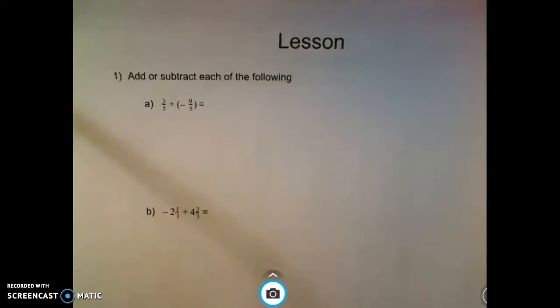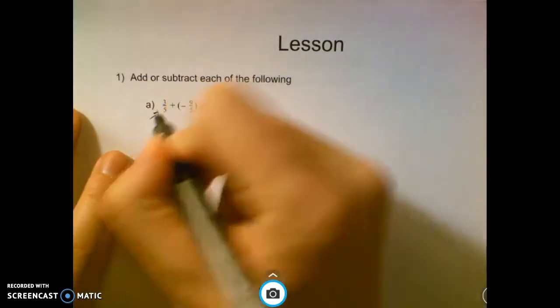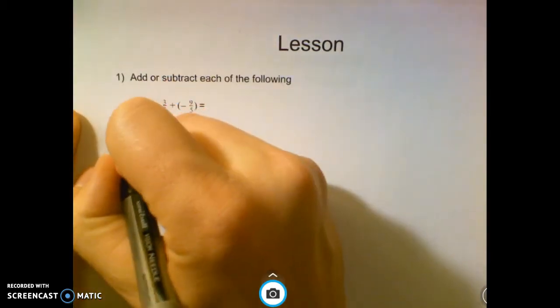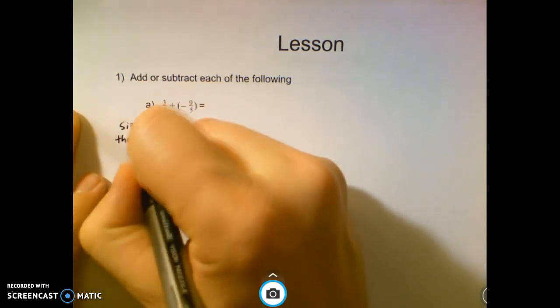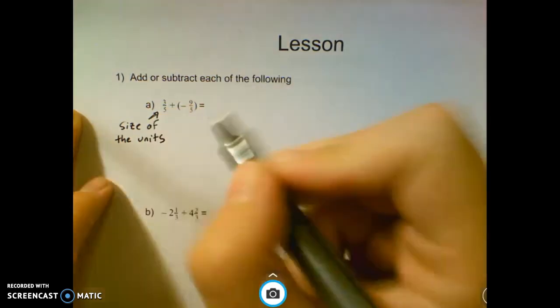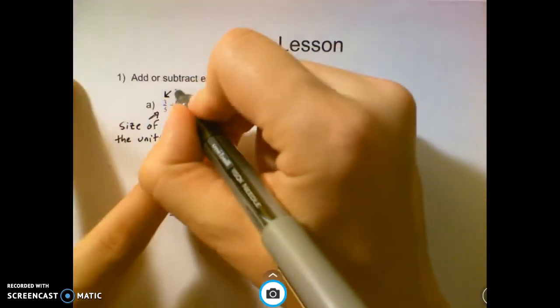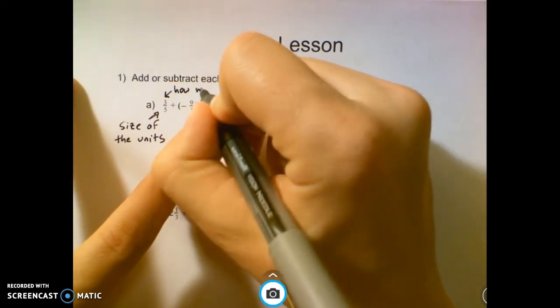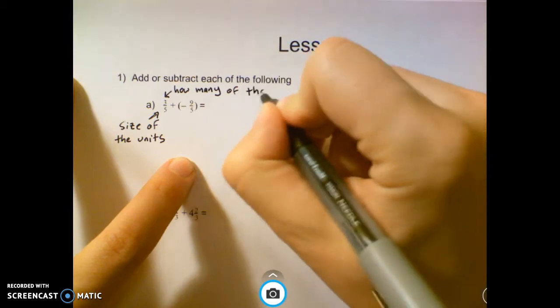Everything we've learned about adding and subtracting integers, we can also use to add and subtract fractions. We just have to know what the fraction is telling us. Whenever we see a fraction, the denominator is telling us the size of the units we're adding, or the units we have, and the numerator, the top number, is telling us how many of that unit